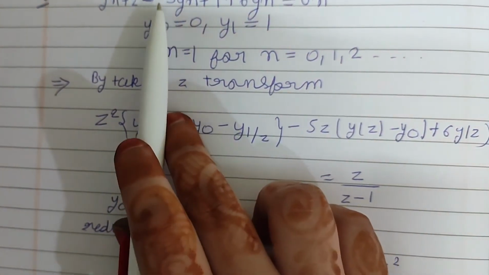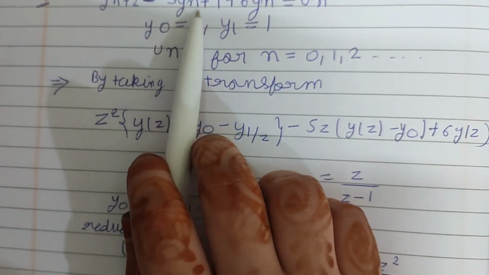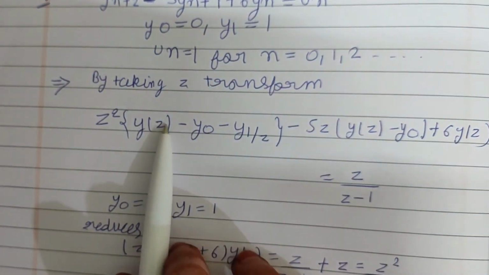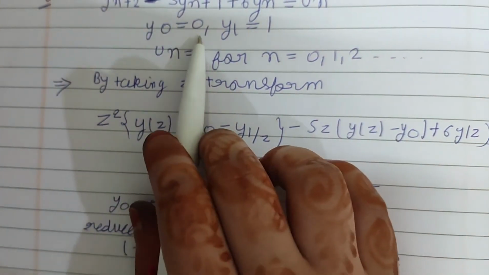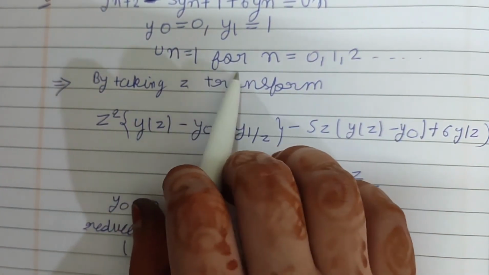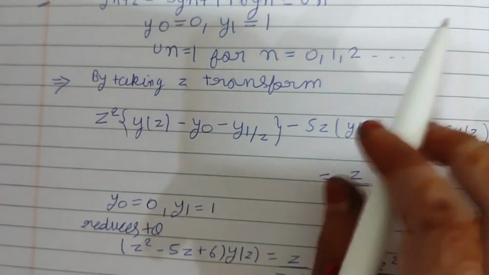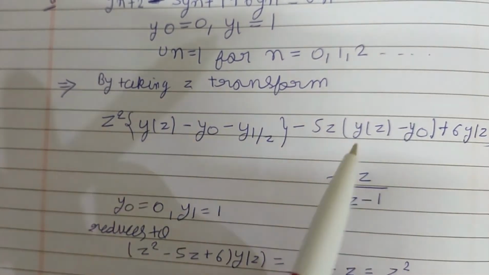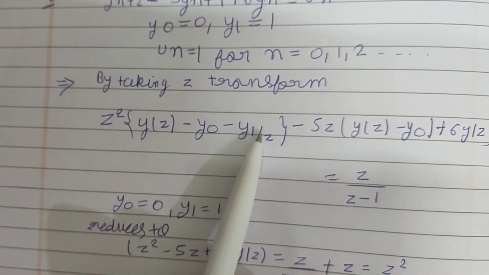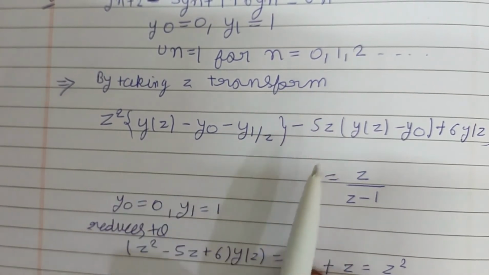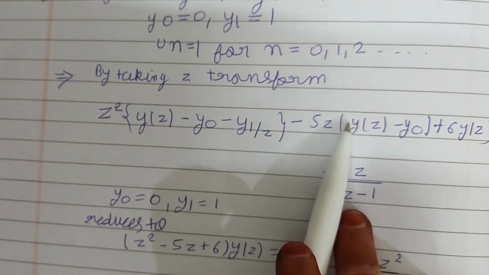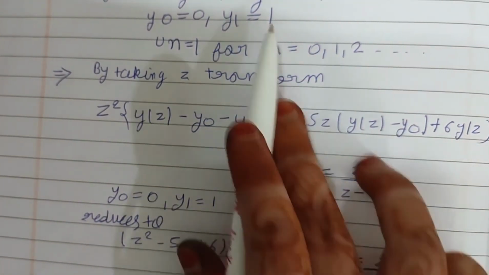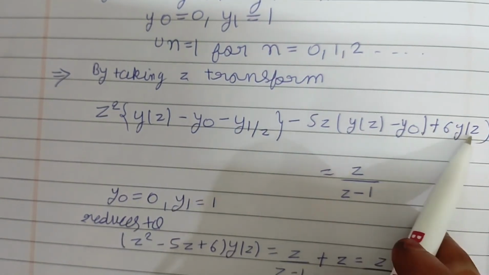So here there is one more question. y(n+2) minus 5y(n+1) plus 6y(n) equals u(n). u(n) is a unit sequence. So y0 is 0, y1 is 1, and u(n) equals 1 for n equals 0, 1, 2 up till infinity. So by taking z transform on both the sides, we get the same thing, z square Y(z) minus y0 and y1 divided by z or z inverse, the same thing. Then again minus 5 and this term, plus 6Y(z)